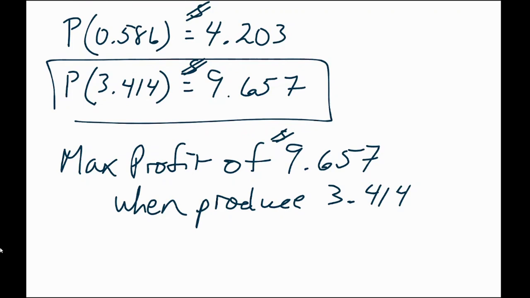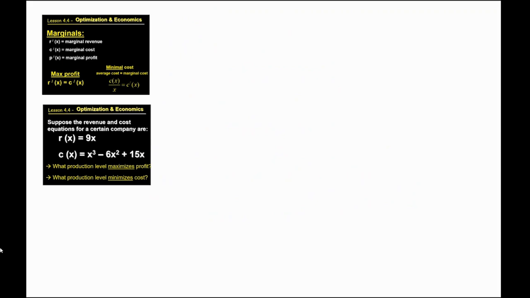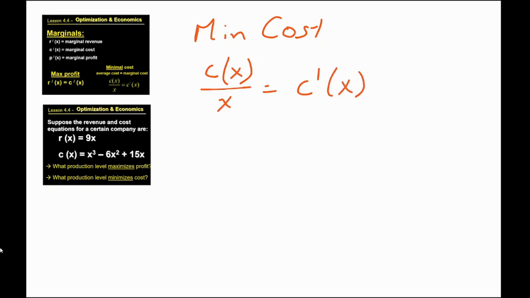Well, what else were we trying to do in this problem? Oh yeah, we were trying to get a minimal cost. Now remember, a minimal cost is, according to our little fact here, when the average cost is equal to the marginal cost. So to find the average, I'm going to take my cost equation, the original equation,